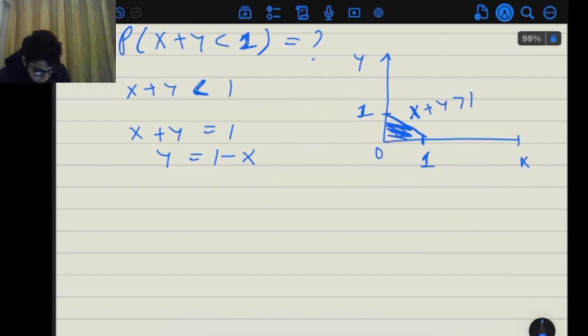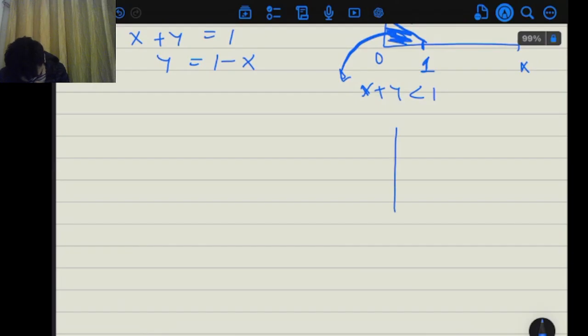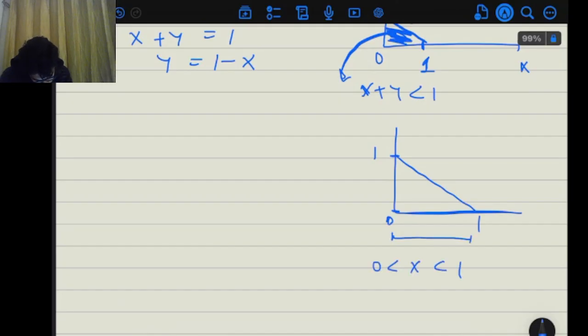We need to find this area, right? This is x plus y less than 1. So from here we can say that this is 1 and this is 1. So if I just take the value of x first, I can write this as x lying between 0 and 1, and y lies between 0 and this. This line was x plus y equals 1, or I can say y equals 1 minus x,